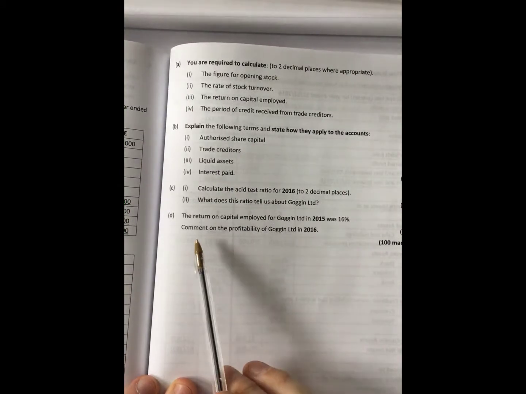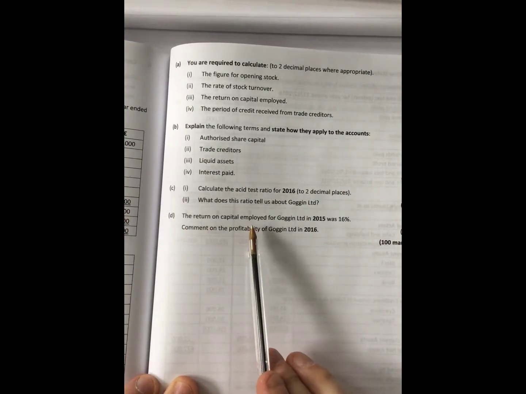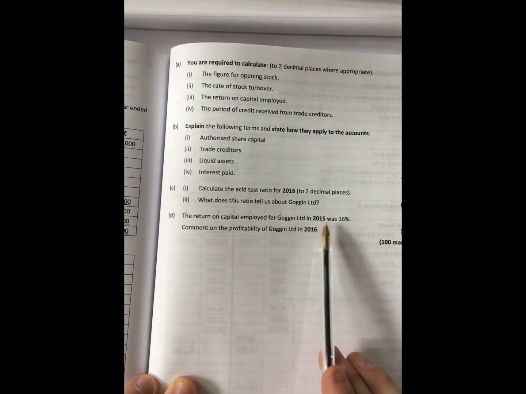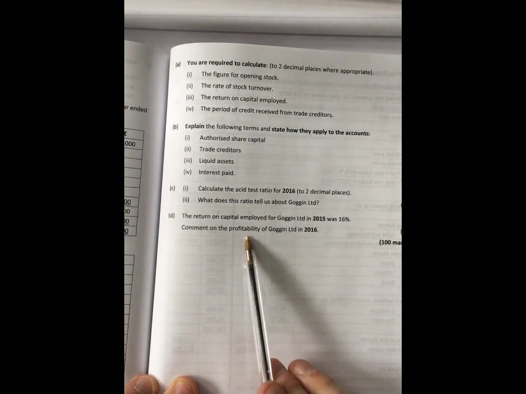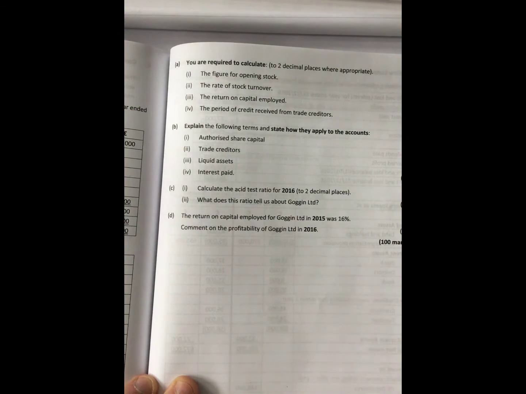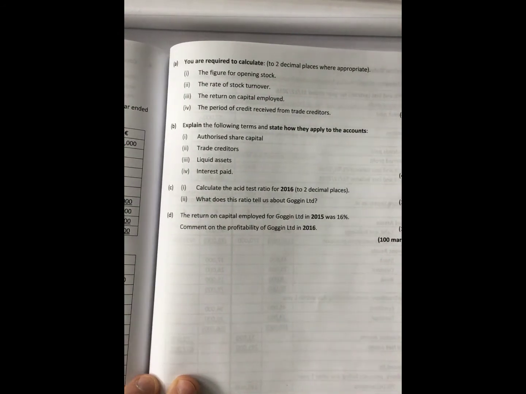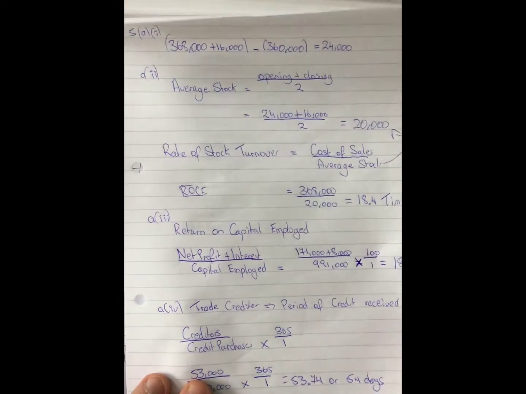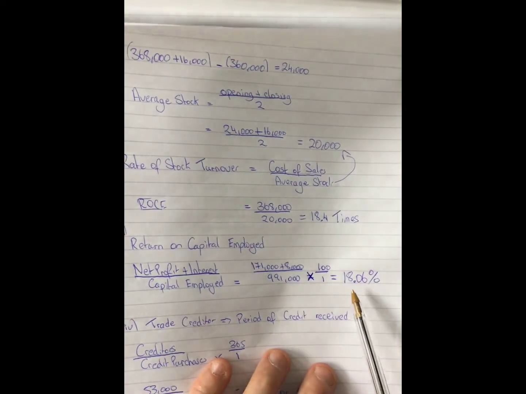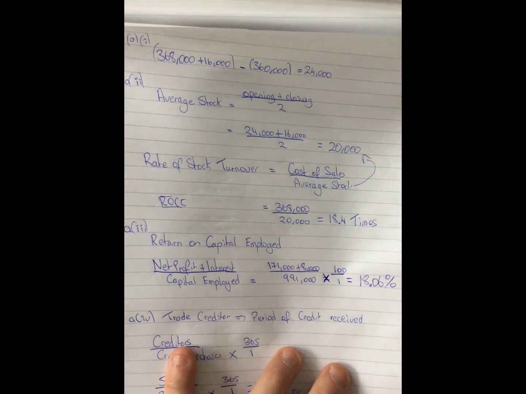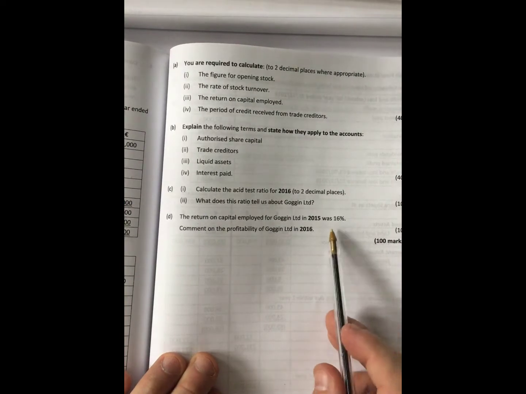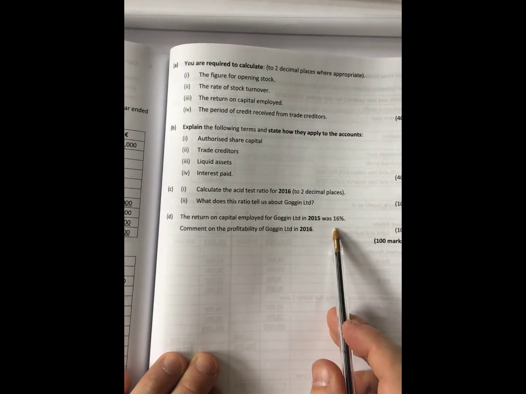So last part of the question, part D, it says the return on capital employed for Goggin Limited in 2015 was 16%. Comment on the profitability of Goggin Limited in 2016. Now, if you look previously, we worked out the return on capital employed at 18.06%. Okay, remember, it's your net profit plus interest over capital employed. So it's 18.06%. Okay, so it's saying here that it was 16%. So it has jumped by